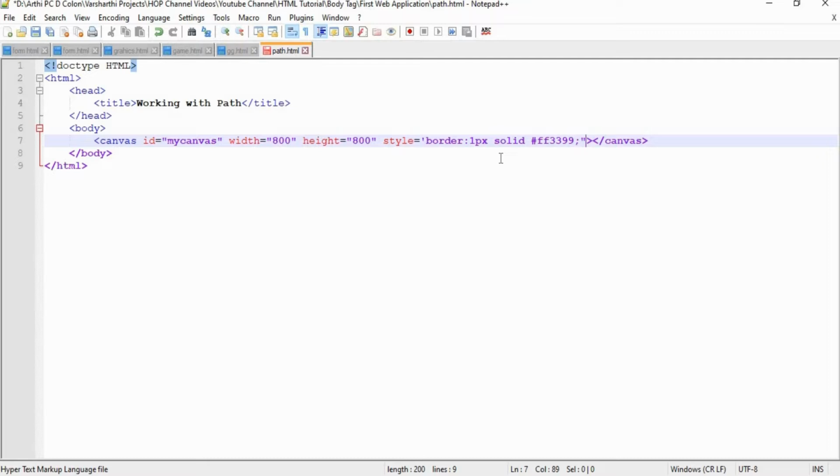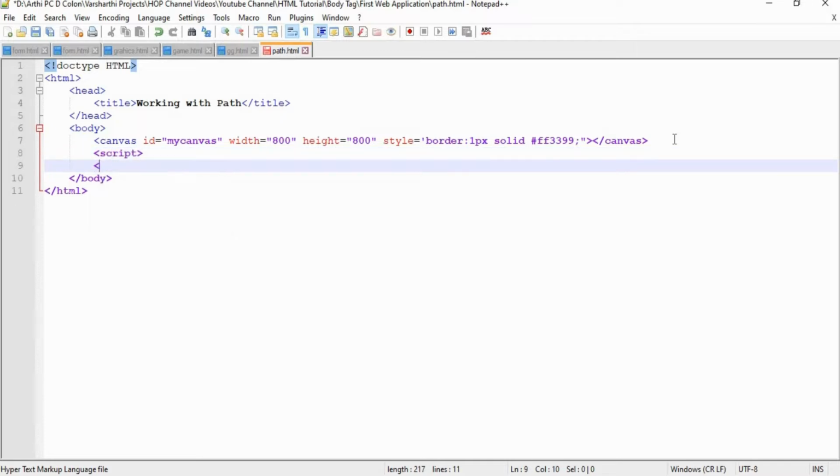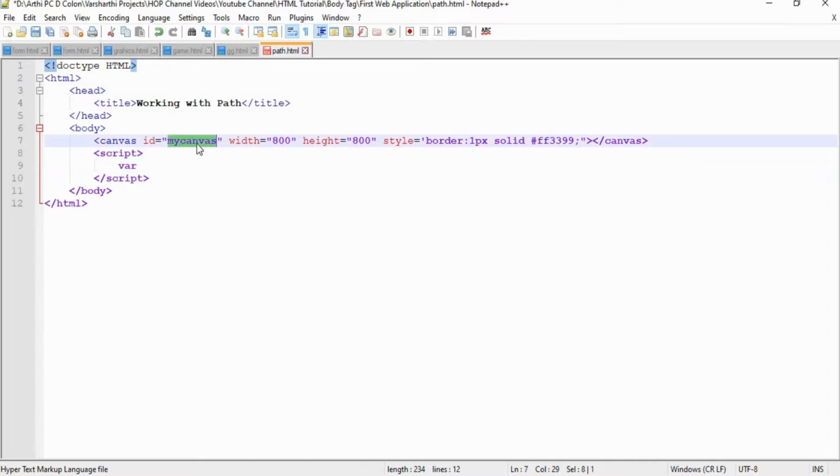To make this canvas visible in your web page, we need to access it. To access the canvas, we have to use JavaScript coding, with the help of the ID parameter.